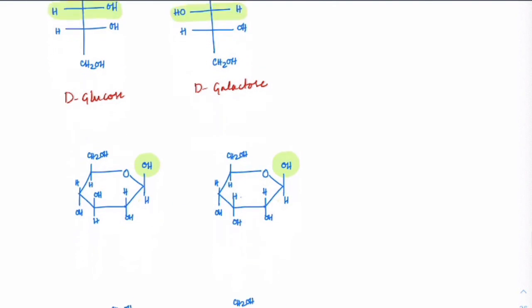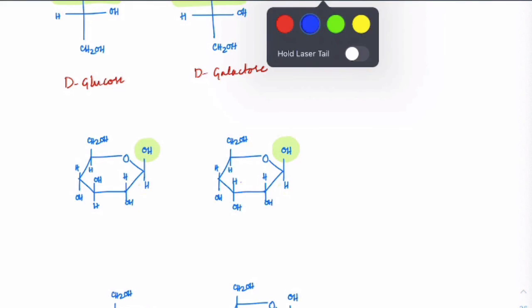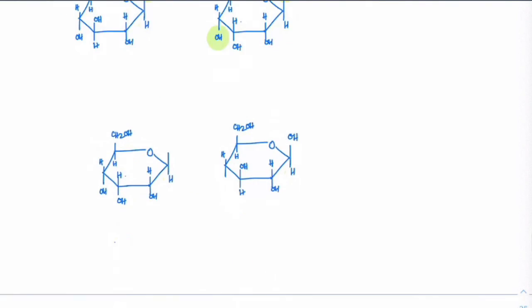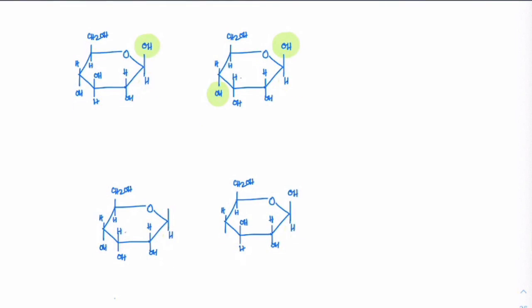C1 is here, C4 is here, correct? So I have to connect these two and make a linkage between them. How can I make it? Check it out. Here we write a connection this way. Removing water, H2O, from both of them, this is the connection you will have. Got it? It does not mean there is a carbon here, it is just one bond only. Between this and this there is oxygen, but this is to show it through Haworth projections.